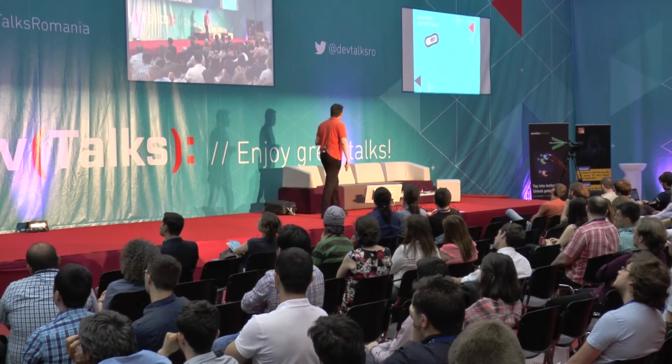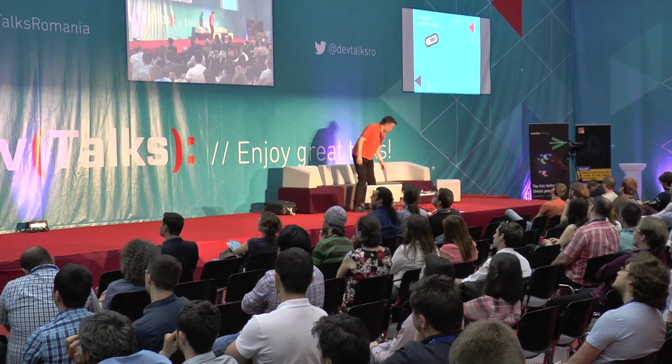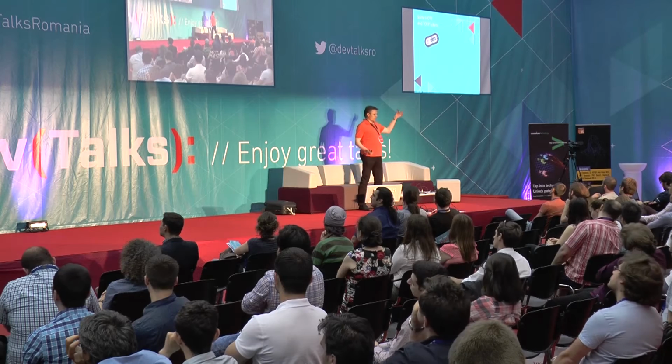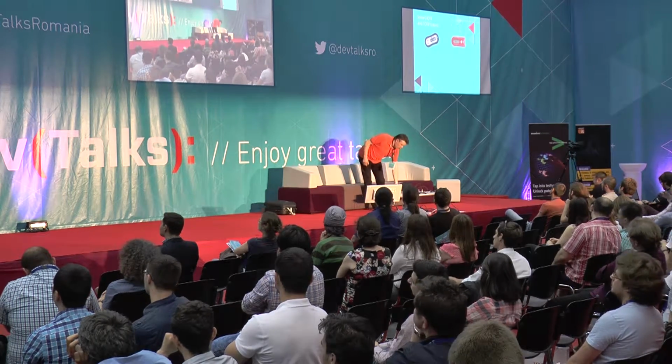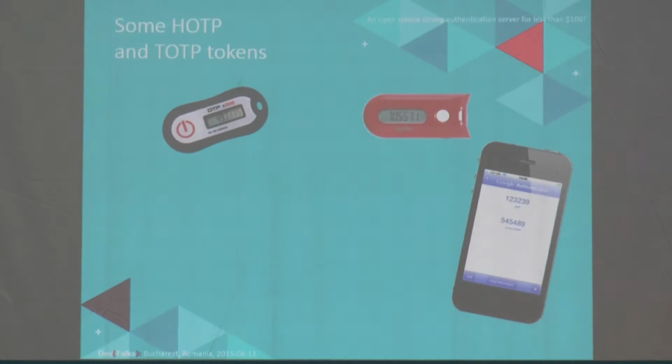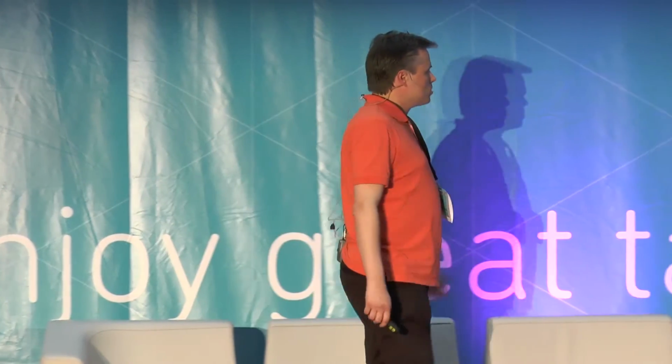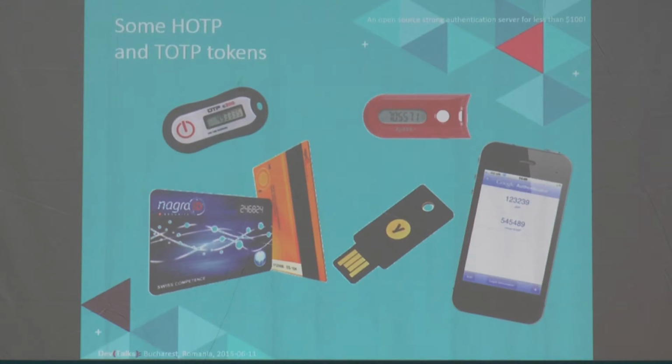Some HOTP and TOTP tokens exist, so you have different sizes, like this one, and another one like this. You can have Google Authenticator, which is an application doing TOTP. I don't know if everybody knows that, but when you are using Google Authenticator with your Gmail account, it's a TOTP generator. You also have some credit cards which have a display inside, or you have these little things that